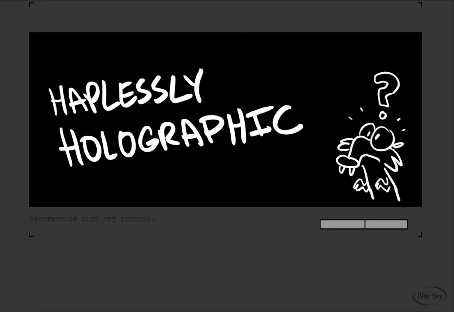And so this is what I had come up with for that prompt, the holographic chamber. So this is a cut Scrat scene from Ice Age 5, Haplessly Holographic. So we start on the outside of the spaceship, and we see the acorn, which had been jettisoned outside the ship in the previous Scrat sequence, floating around the spaceship, and then we hear boing, boing, and we see Scrat trying to follow it from inside. He's bouncing up in all the windows,